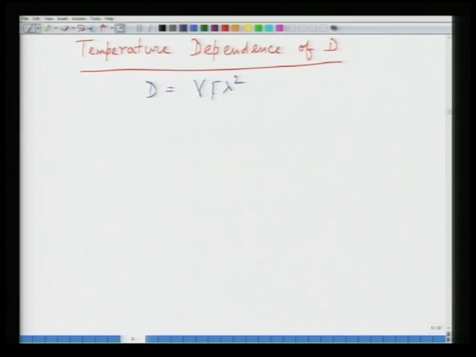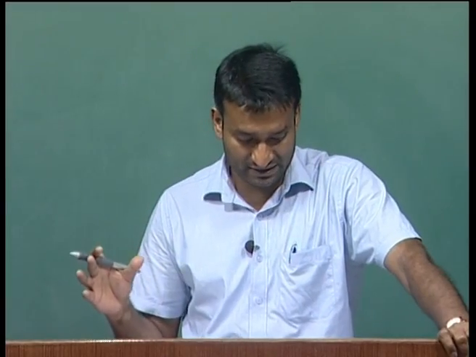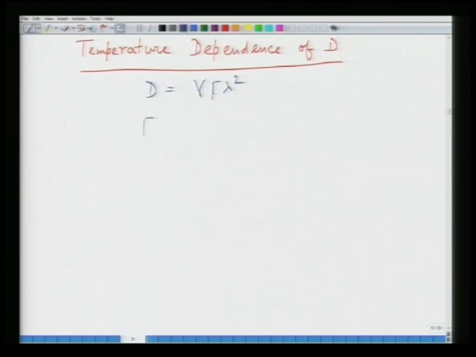Tau is the jump frequency, and this jump frequency, if you now recall Maxwell-Boltzmann statistics, can be defined as